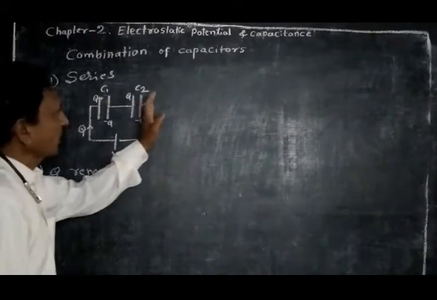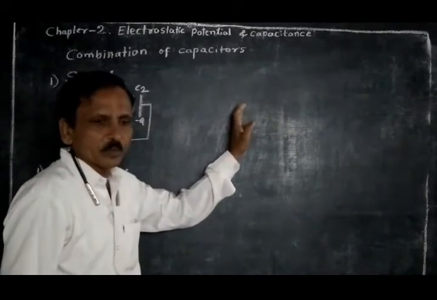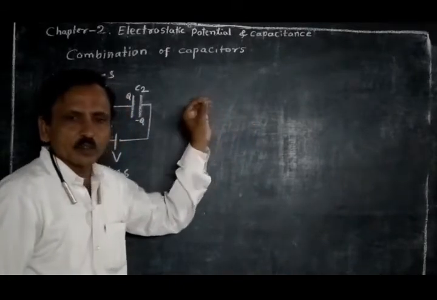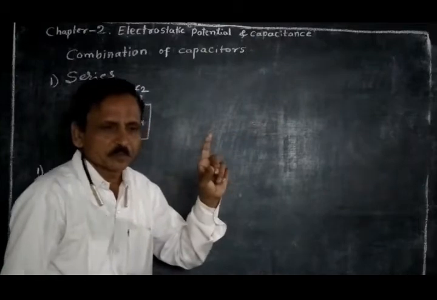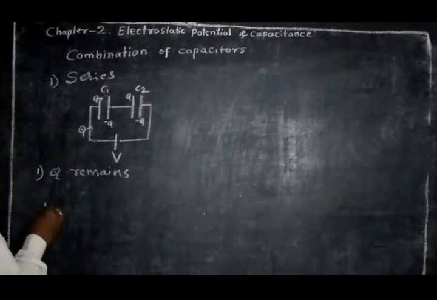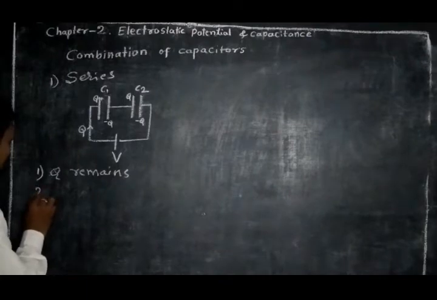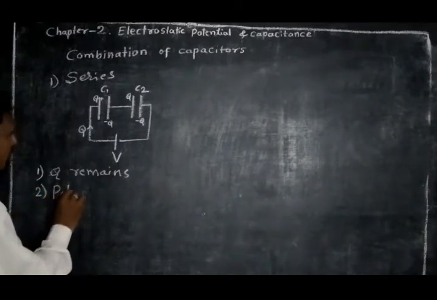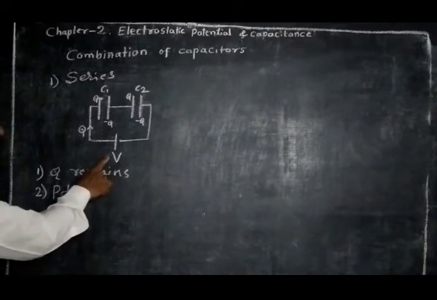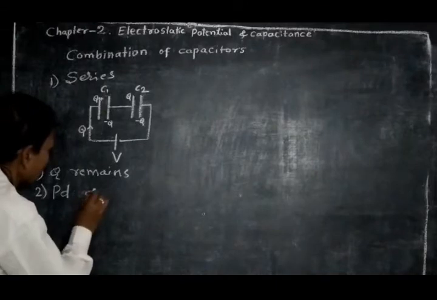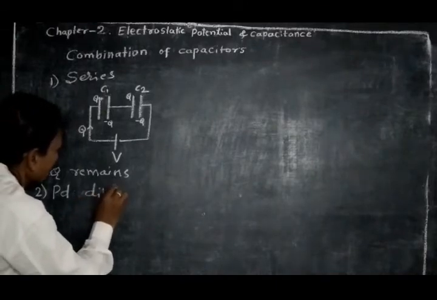If 3 capacitors or 4 capacitors or n capacitors are connected in series, the charge Q remains the same, and the potential difference phi is divided. Potential difference divides,